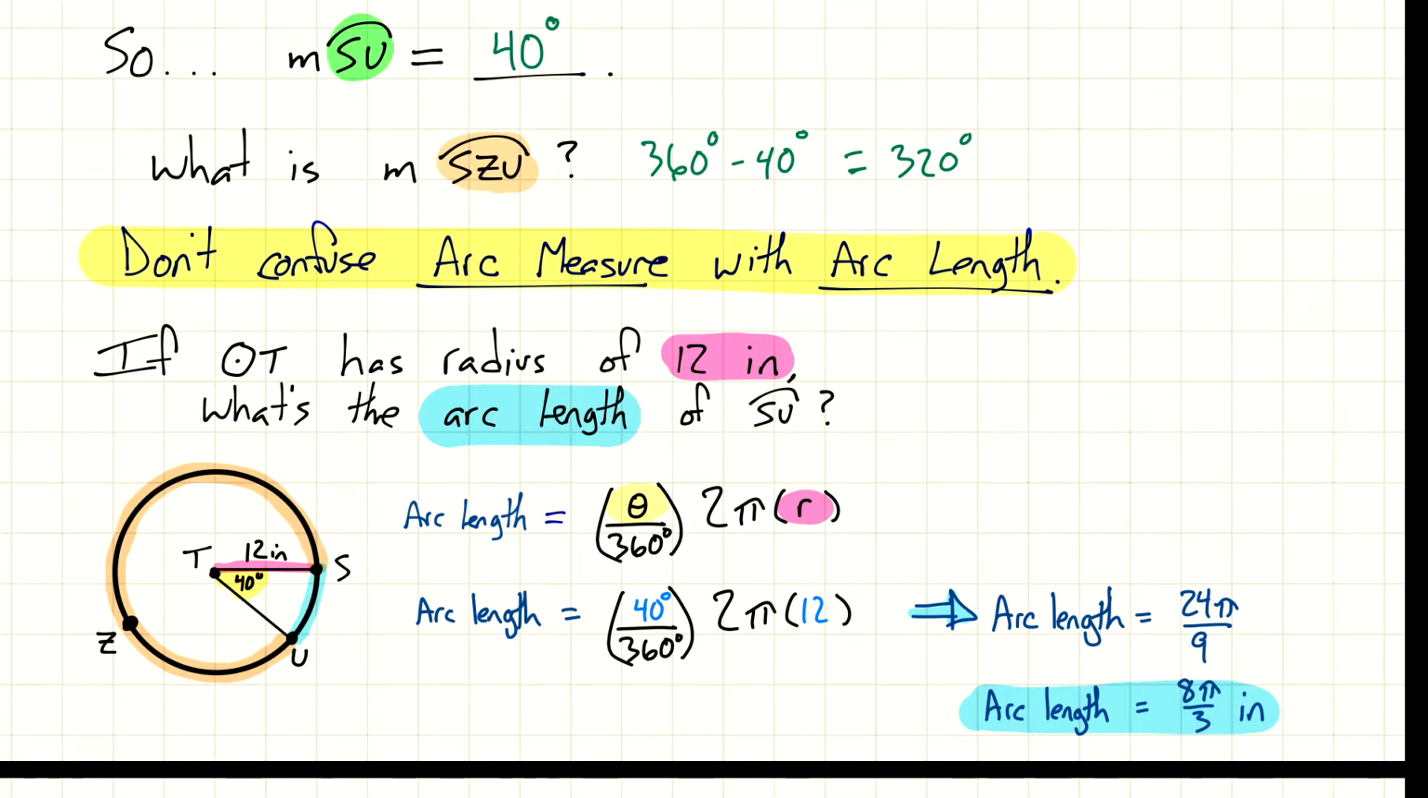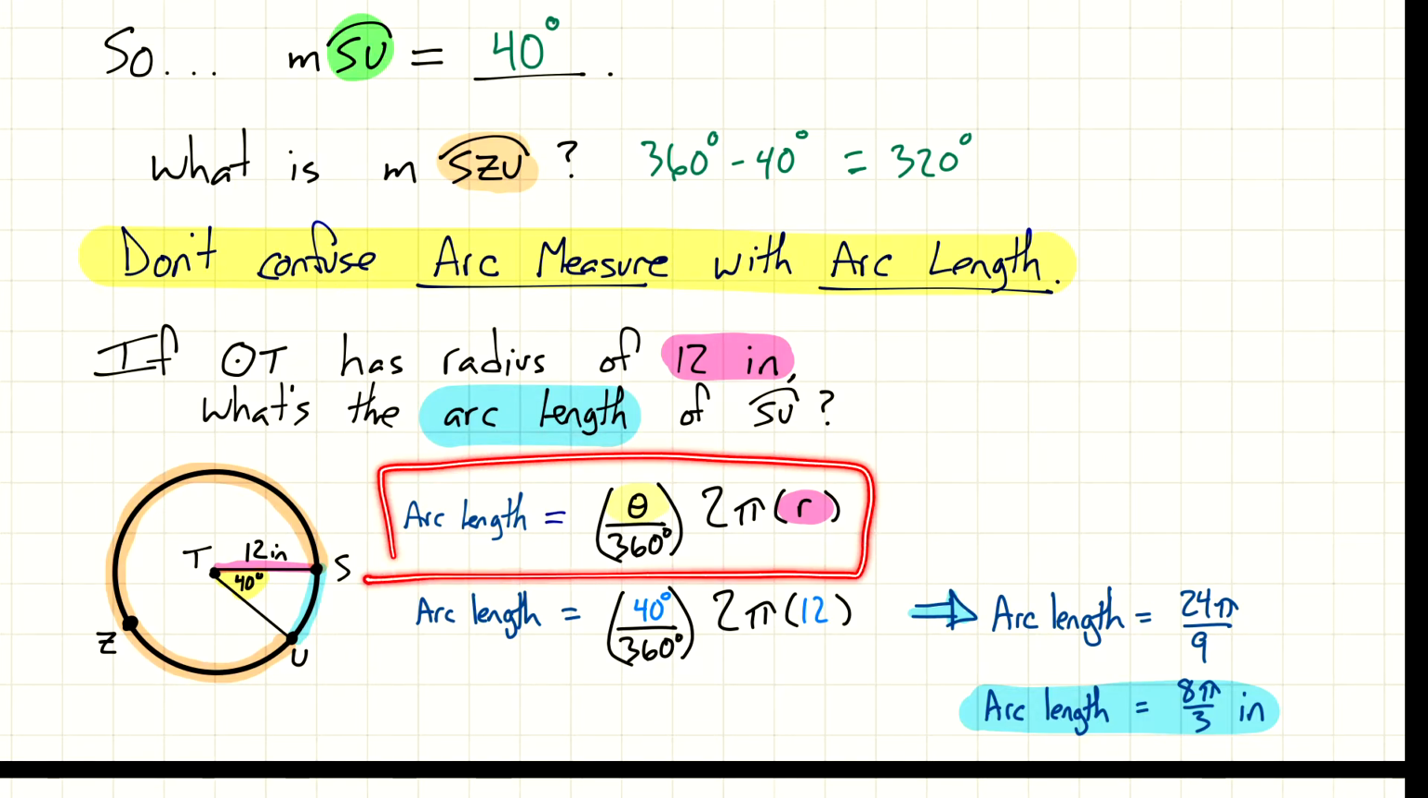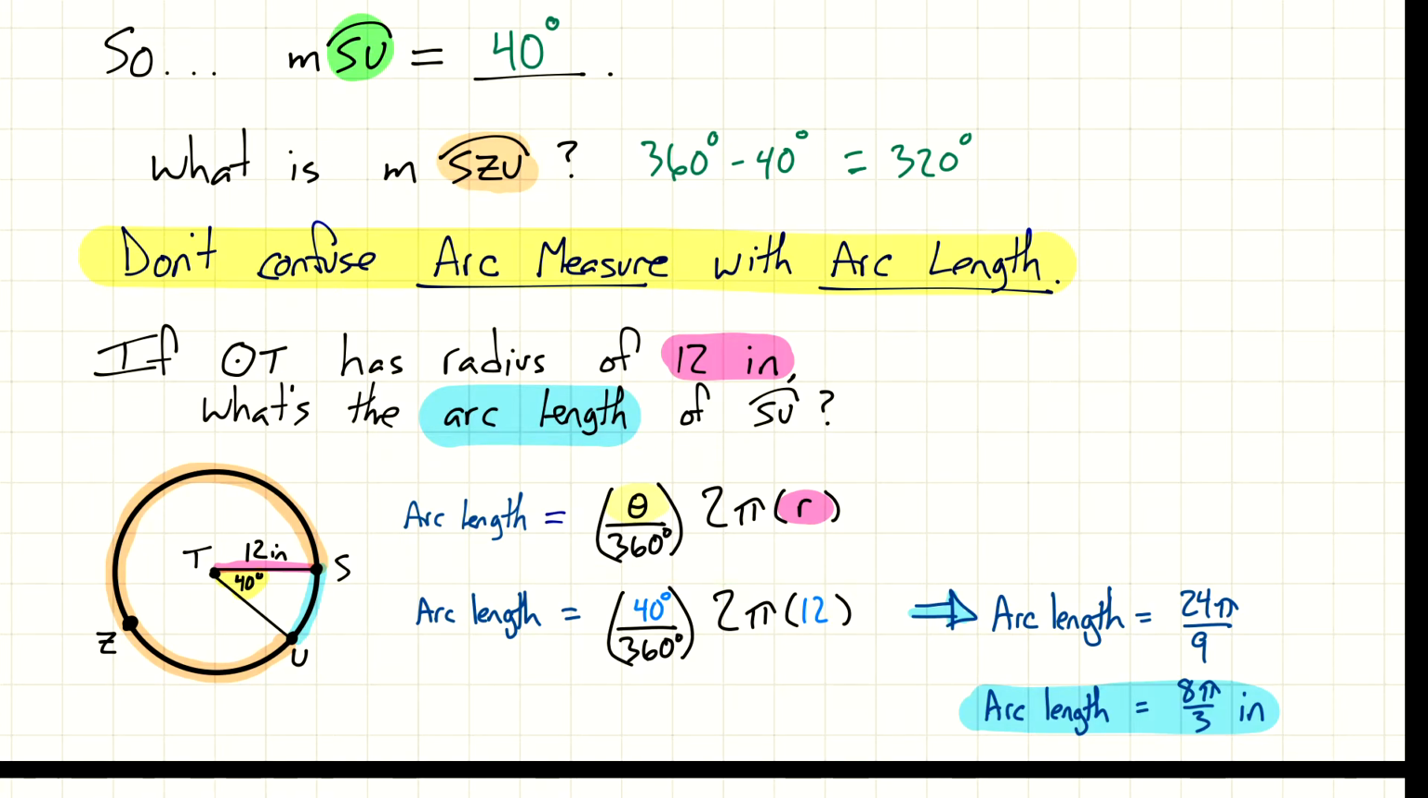But now we're asking for the arc length. And so I reminded us of the formula we might be able to use to help us find the arc length. So the arc is a portion of the entire circumference. So if I want to find the circumference or the distance around the circle, I would use 2 pi r. But since I only want a portion of it,